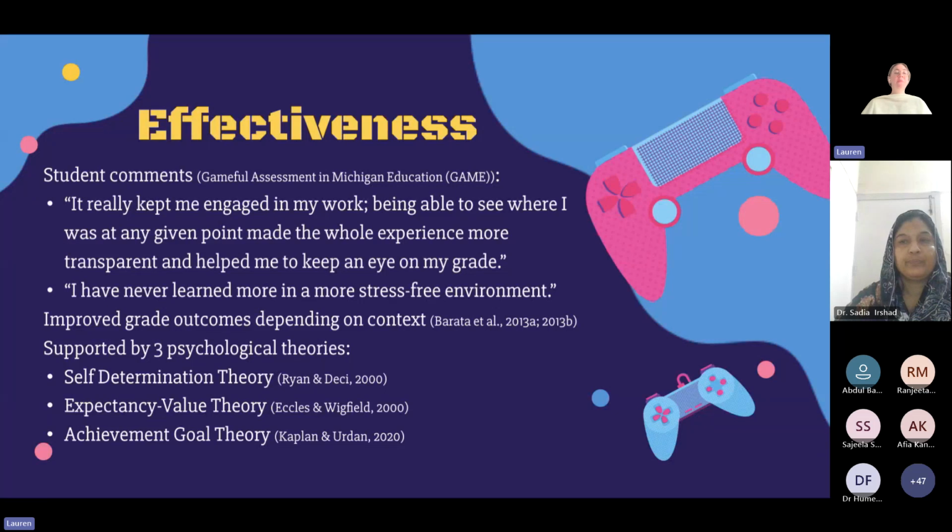Sure. So self-determination theory basically says that people need to feel autonomy, they need to feel competence, and they need to feel relatedness. So by gamifying your course, you give them autonomy. For example, you might give them choice on which assignments they can or don't need to complete. Or they might have a choice on how they complete the assignment or what time frame they use to complete an assignment.